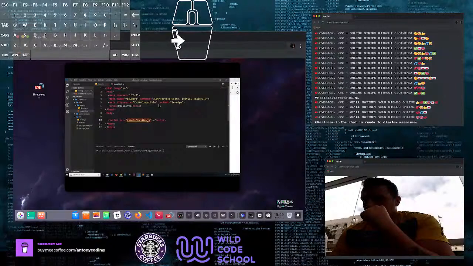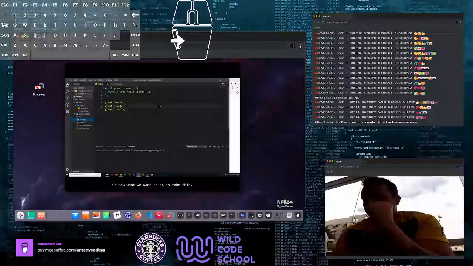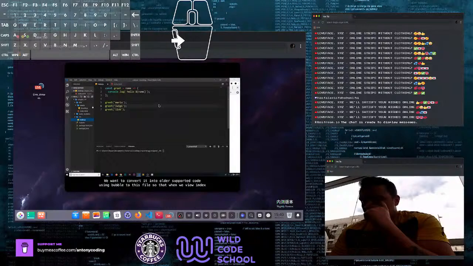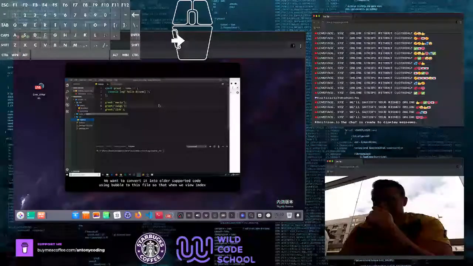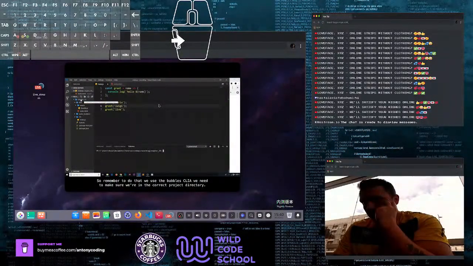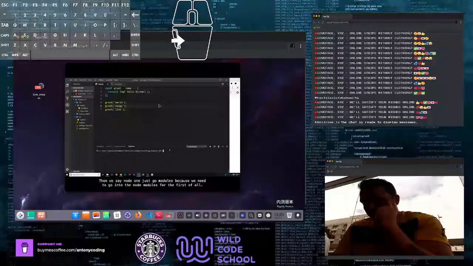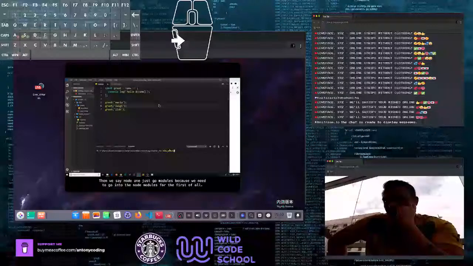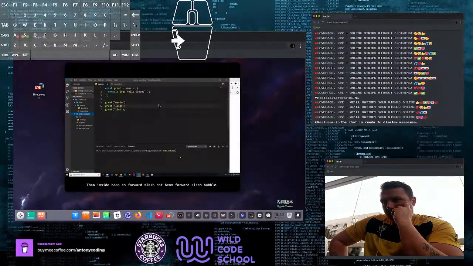is referencing. So now what we want to do is take this, we want to convert it into older supported code using Babel to this file, so that when we view index over here, we see that effect in the console. So remember, to do that, we use the Babel CLI. We need to make sure we're in the correct project directory. Then we say node_modules, because we need to go into the node modules folder first of all, then inside bin,